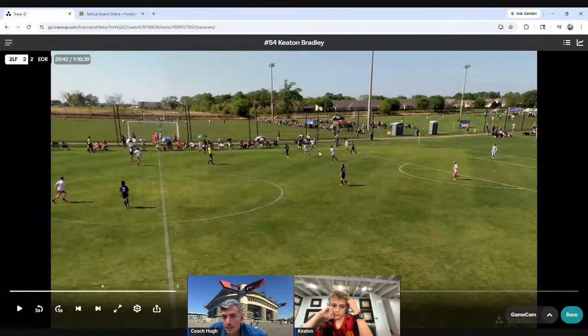If you see this ball go to the middle, you need to be figuring out how you can help out him or how you can help out him. How would we determine which player we're trying to help out? It all depends on how he receives this ball.